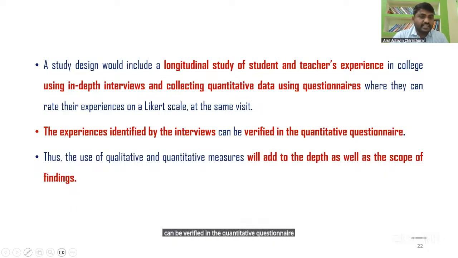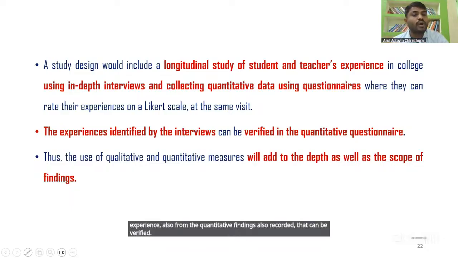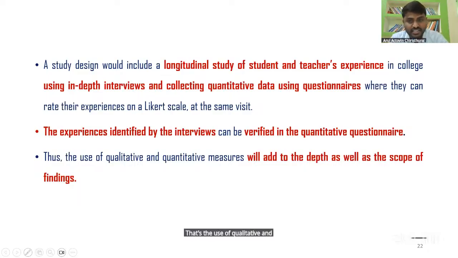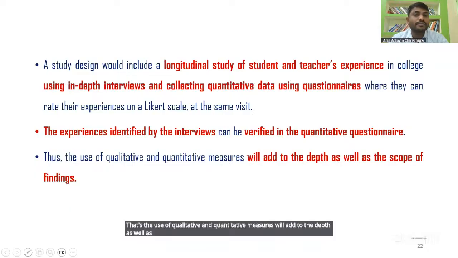The experiences we got from the in-depth interviews, the same experiences we also got from the quantitative findings, so they can be verified. Thus, the use of qualitative and quantitative measures will add to the depth as well as the scope of the findings. That's what is useful for this study.